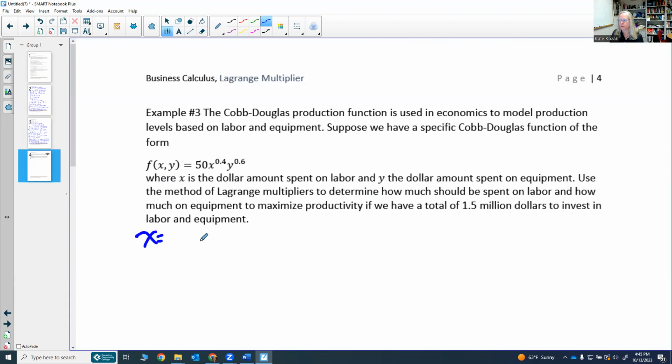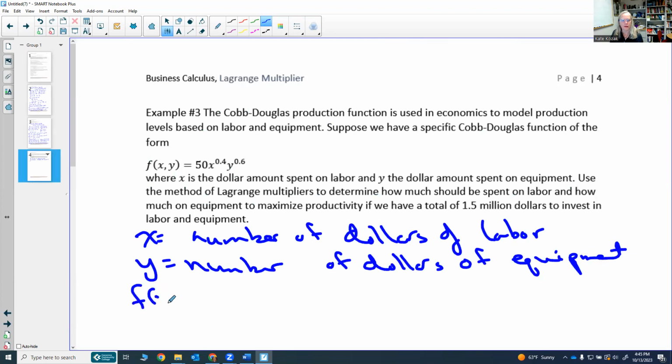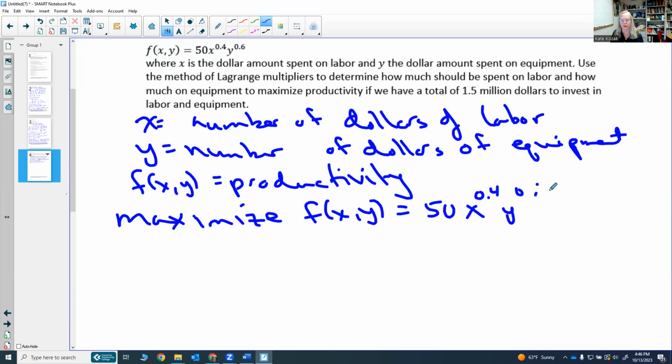So x is equal to the number of dollars of labor, and y is equal to the number of dollars of equipment. f of x, y is your productivity. We want to maximize f of x, y equal to 50 x to the 0.4, y to the 0.6,